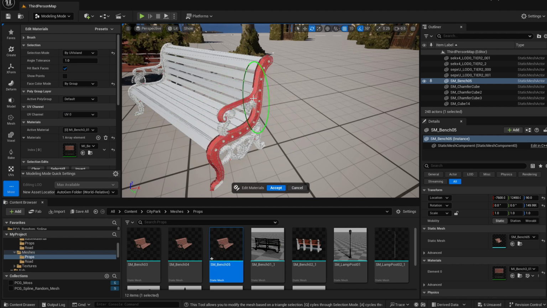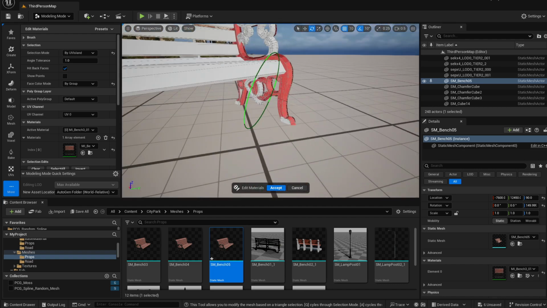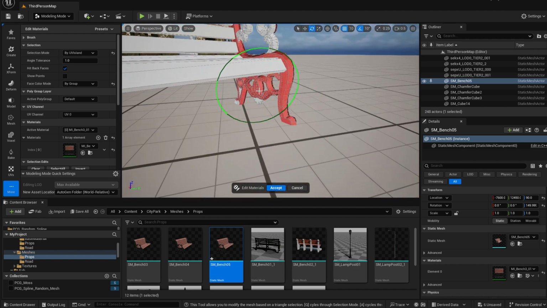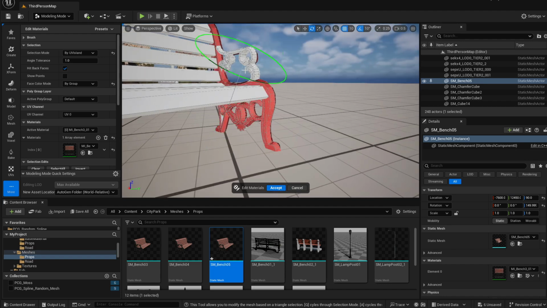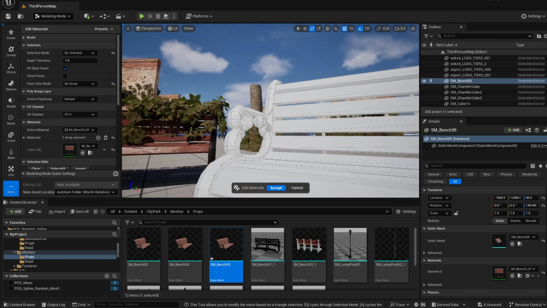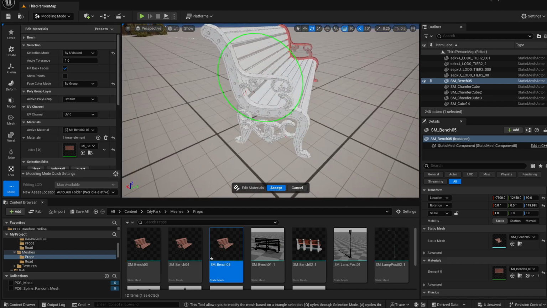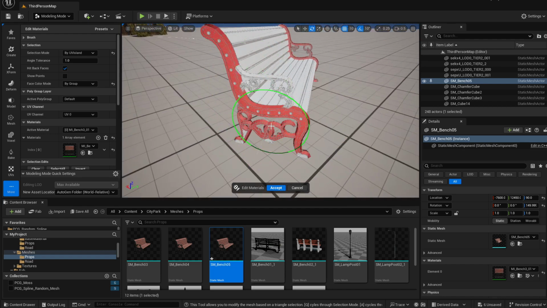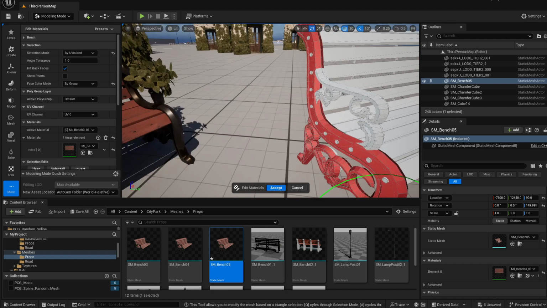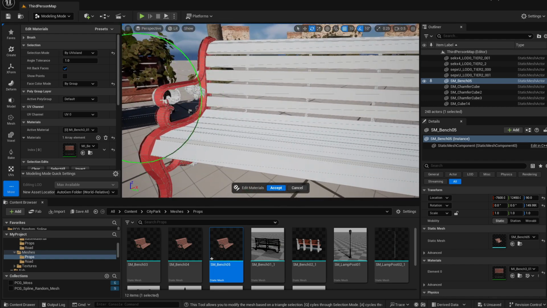And if you click on some objects, this will select them by having this color go red to show you it's within the selection. So you can select all the objects that you want to have a different material. For example, I'll select the metal parts of the bench at both ends,